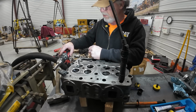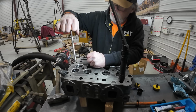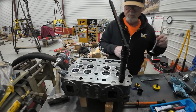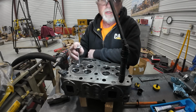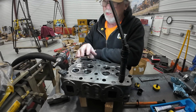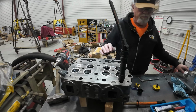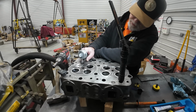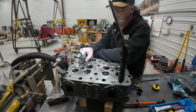So I've had some guys ask me why I don't use stones. Stones would probably actually cut these faster. But the thing I don't like about stones is the amount of silicon carbide gunk it puts in the air. If you had a room specifically to do this in, I'd be all for it. But inside my shop here, and I got an engine over there with a sheet over it,